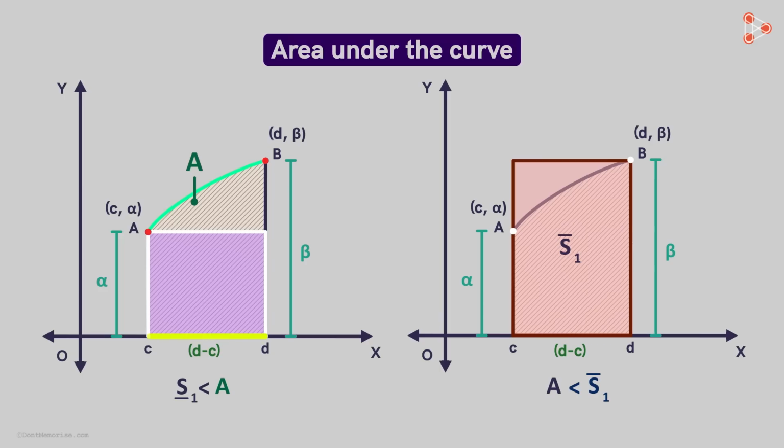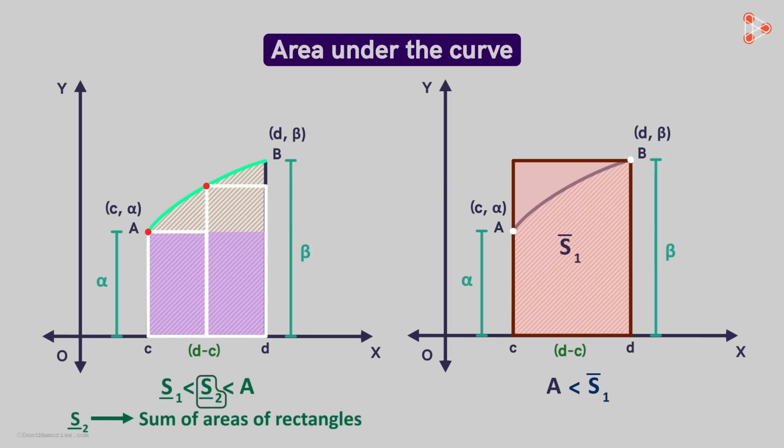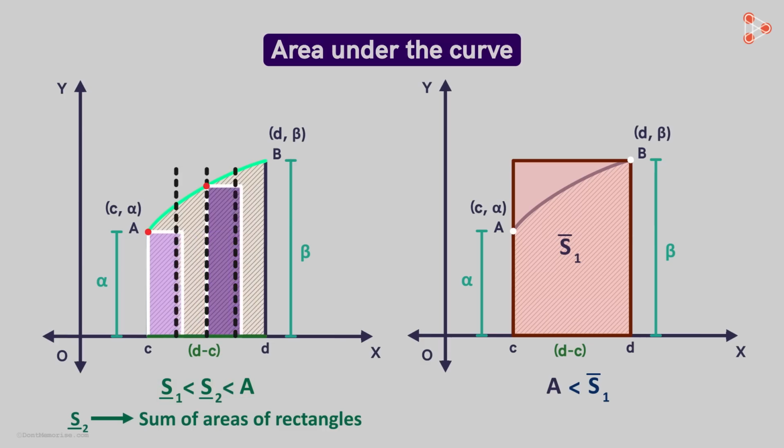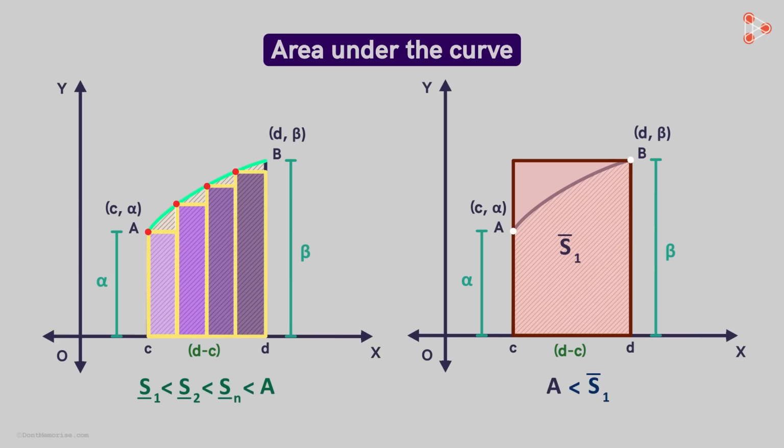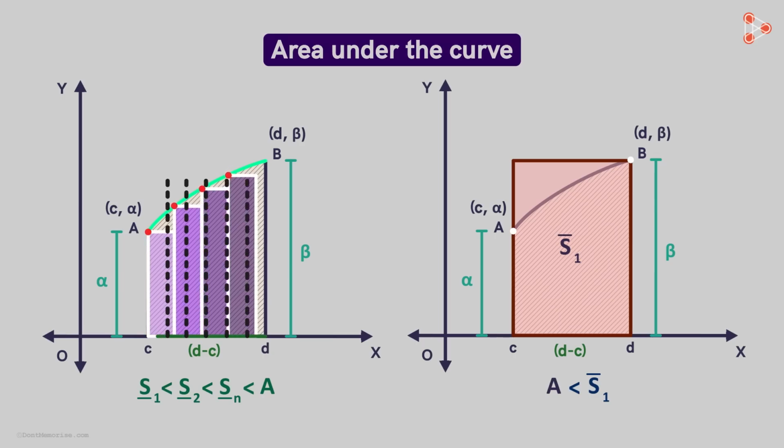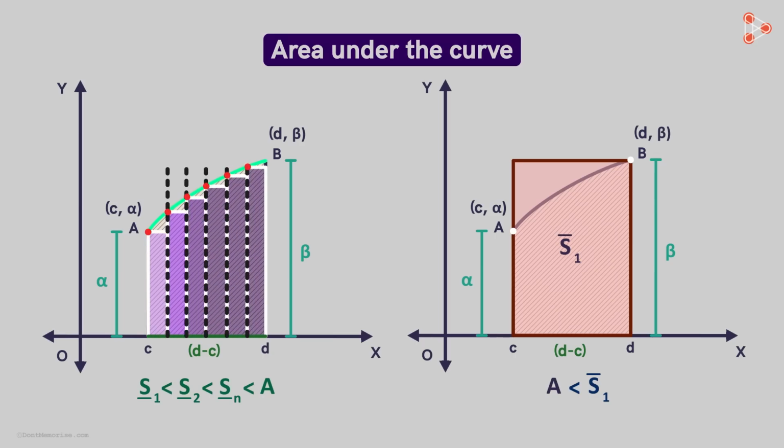We divide this interval into 2 equal parts and draw 2 rectangles like this. Now compared to the previous case, we get a better estimate of the area. Let's denote the sum of the areas of these rectangles by S2 dash. We can see that it will be greater than S1 dash but less than A. Similarly, if we divide this interval into more parts, let's say n parts, then we will get an even better estimate. These rectangles are drawn by taking the minimum value of y in each part. So we can see that as we divide this interval even further, we will get closer and closer to the